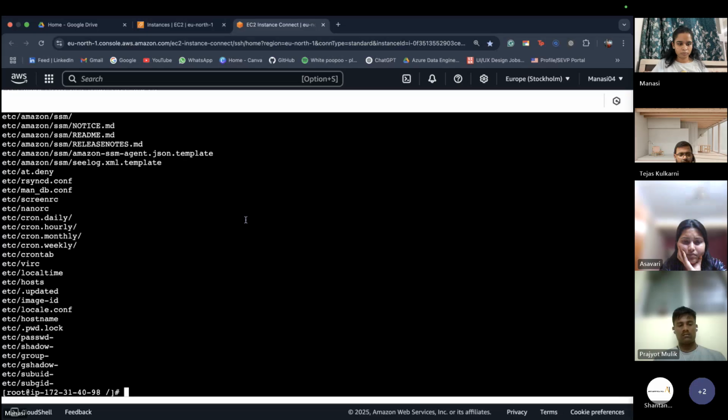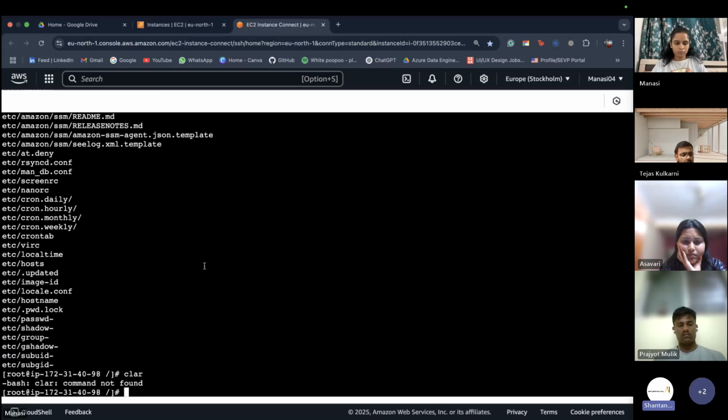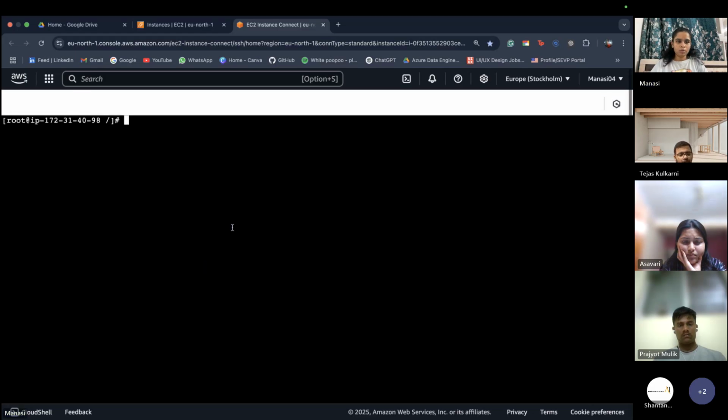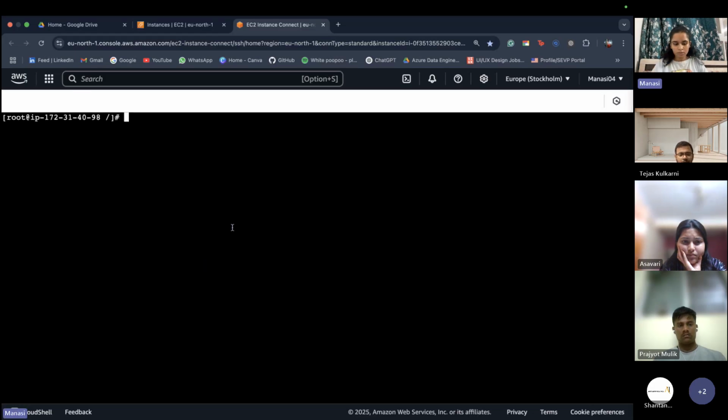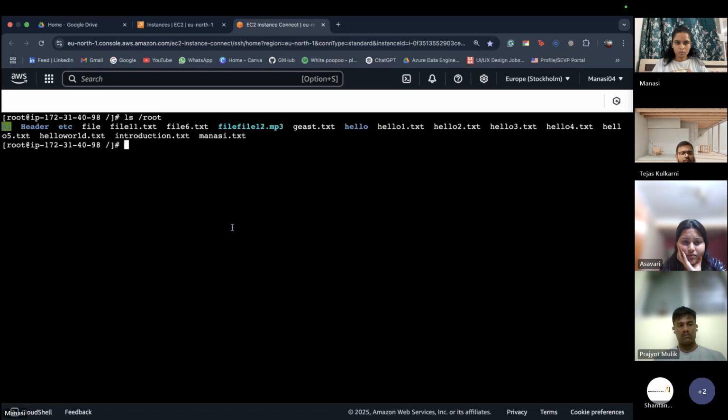Okay. Now clear out the screen and list all the contents of slash root directory. Execute the command. See, there are different types of files inside it.